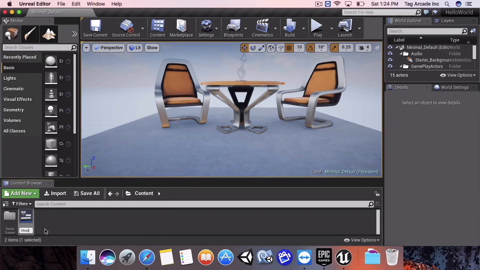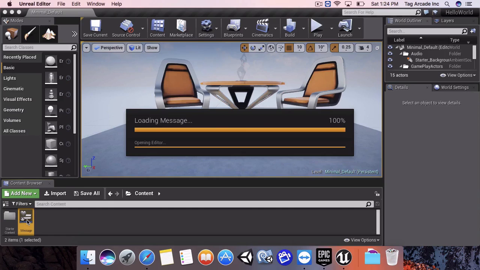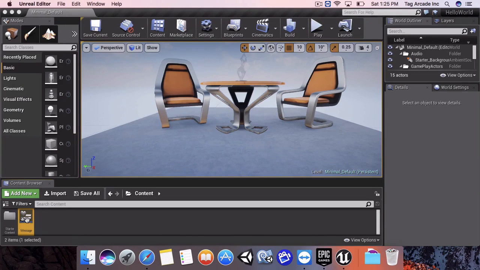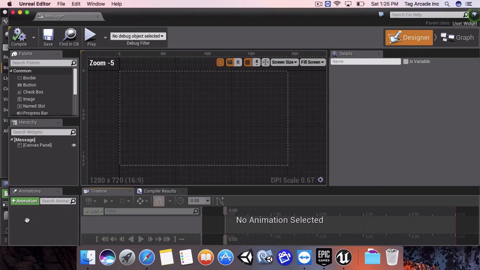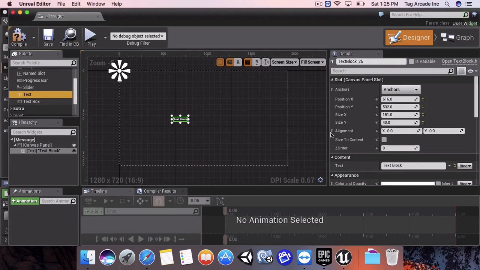Next, I'm going to call this blueprint message. So this is a message that we are going to show to the player. So if you double click on the widget, the blueprint editor is going to open up. Okay, once it's open, we're going to go down to our text label and drag it to the screen. Then we're going to change the text, so we're going to go under Content, Text, and change that to Hello